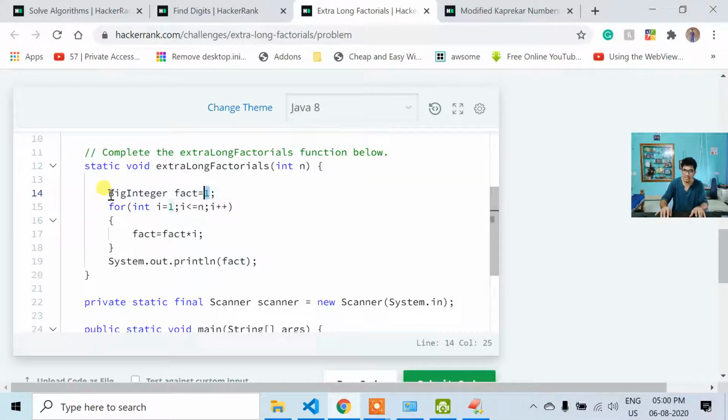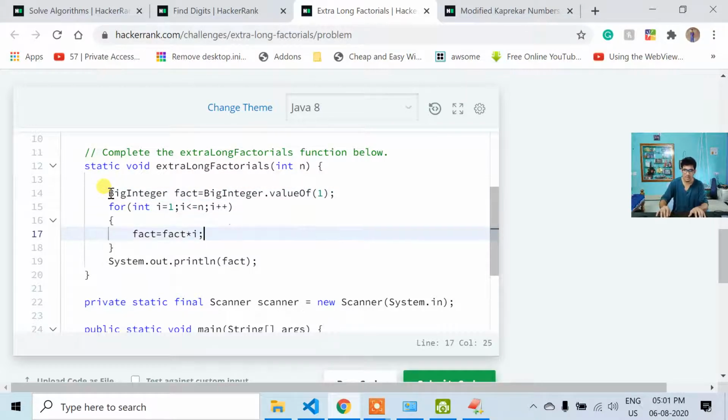But one thing I can't do. What do I have to do? If it is an integer, how do you give the value to a BigInteger? If it is an integer, you have to use BigInteger.valueOf, BigInteger.valueOf(1). This is how to give the number 1 to a BigInteger, but here the spelling is wrong, and here it is not BigInteger, it's BigInteger. Okay, one thing we have done.